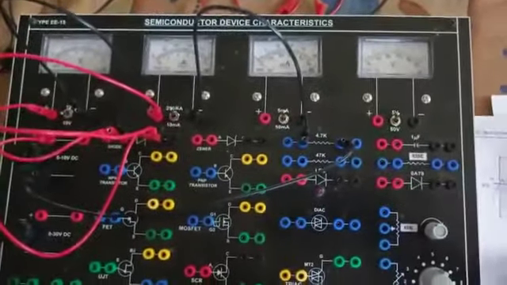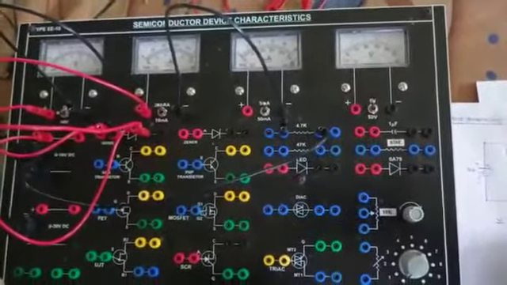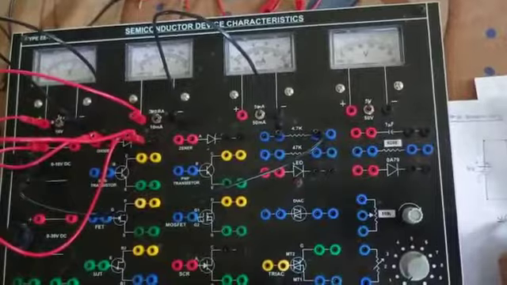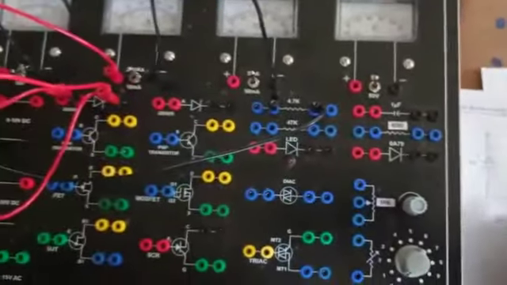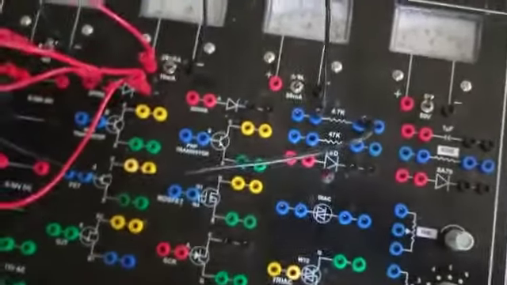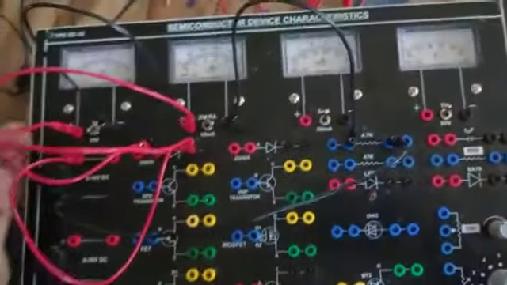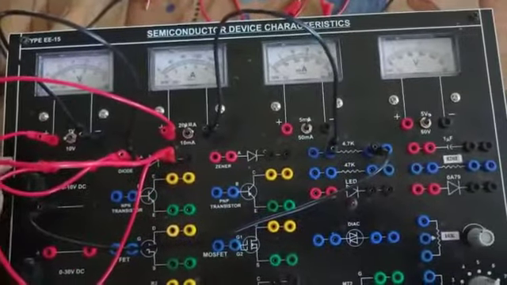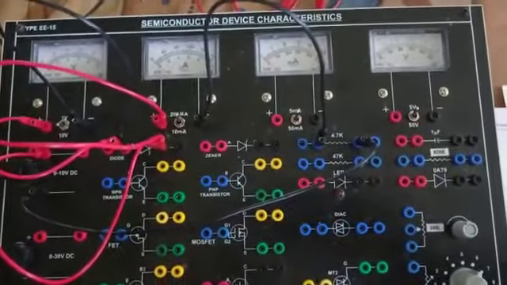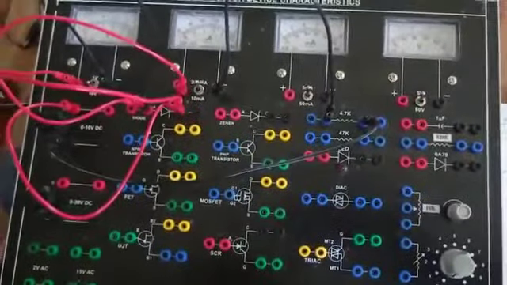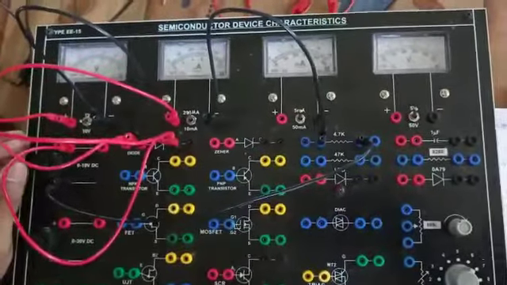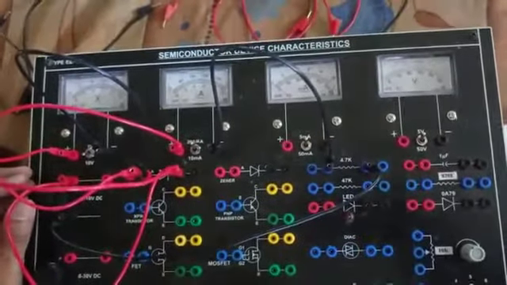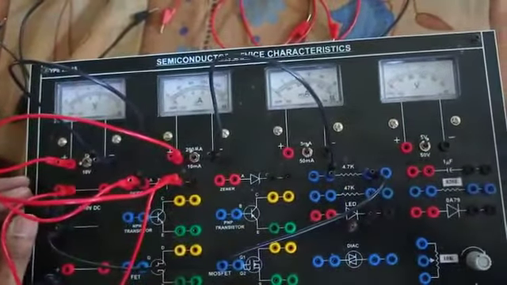The current will be measured in microampere range and the voltage in volt, because it is a reverse current. Reverse current is generally a very small current, also called the reverse saturation current. Let's apply the supply to the diode. Now we will increase the reverse voltage in the order of 1, 2, 3 like that up to 10.